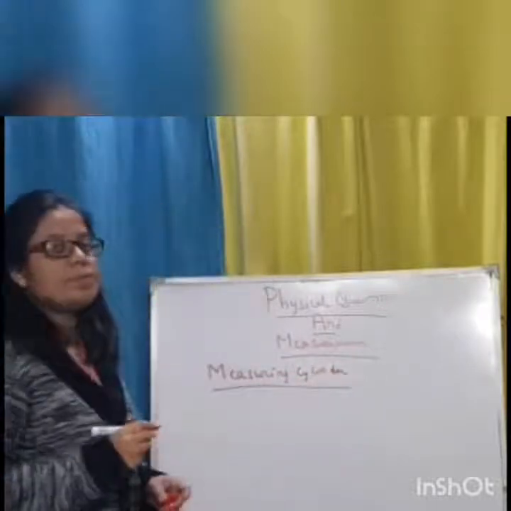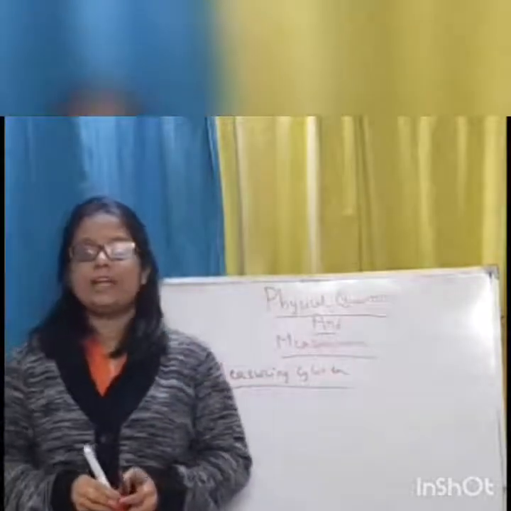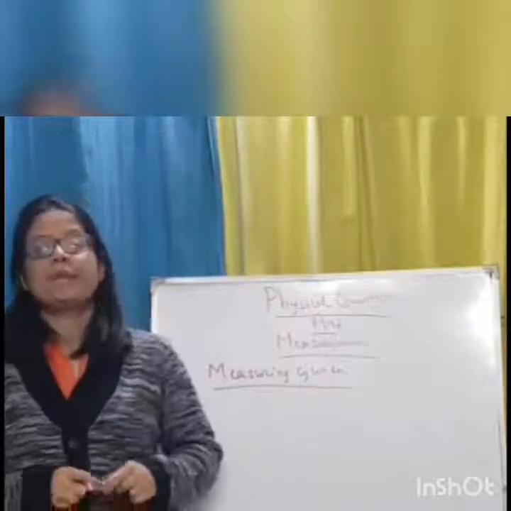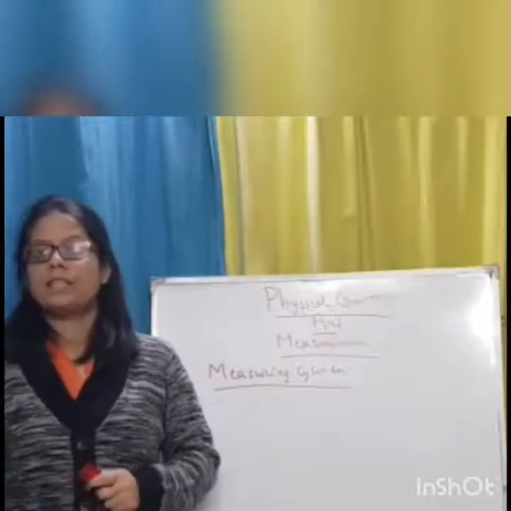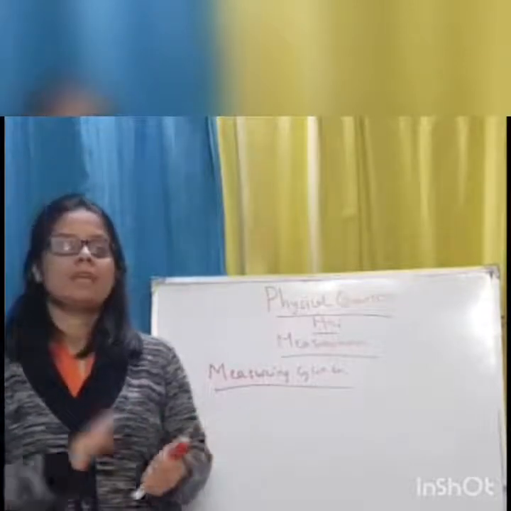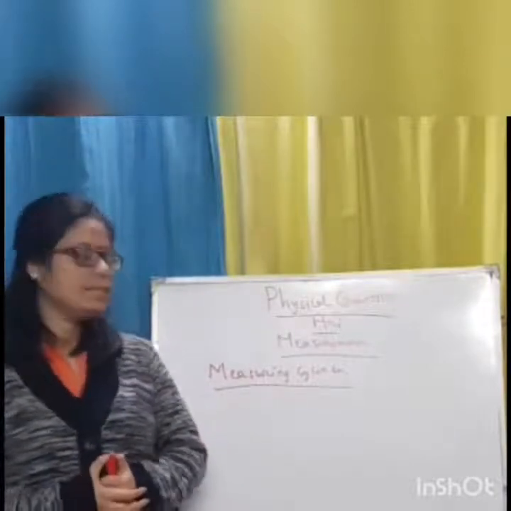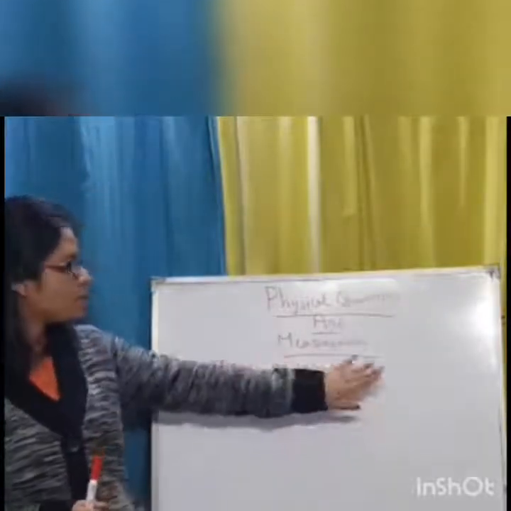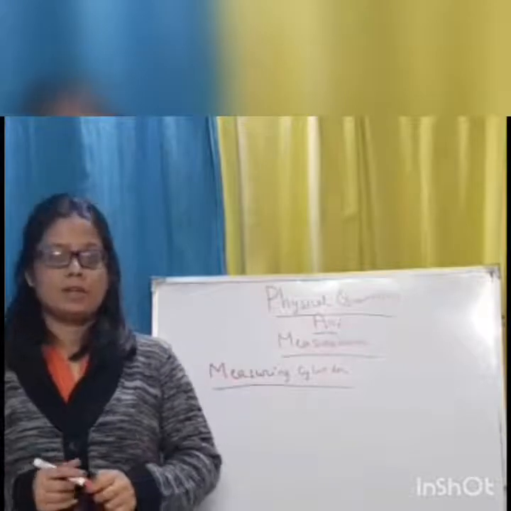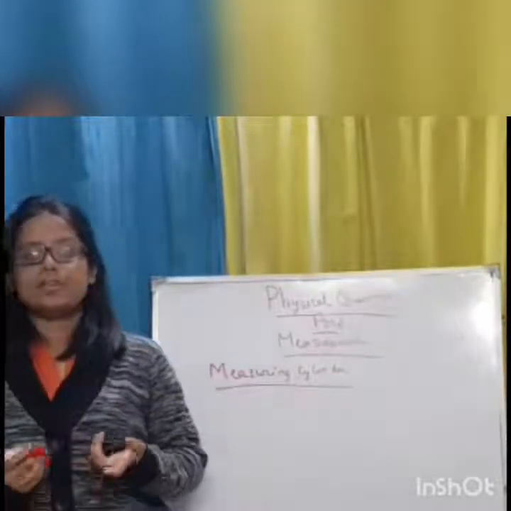So the first step towards finding the density of any substance, whether it is a solid or a liquid, is finding the mass of the substance. We will find the mass of the substance separately, we will find the volume of the substance separately, we will divide the mass by the volume and we get the density. So first we will overlook the measuring cylinder part, we will just concentrate on how to find the mass of the liquid. Finding the mass of the liquid is very easy.